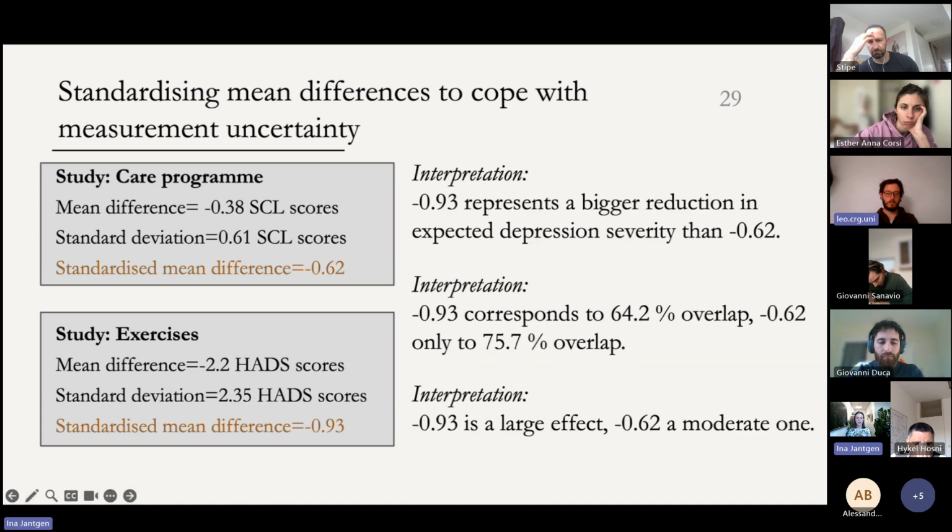Okay, so these are just different ways of interpreting standardized mean differences as expressing something about how effective tested treatments are, despite facing measurement uncertainty. Now, of course, we should ask, are these good interpretations? Are they consistent with uncertainty about measurement, which is perhaps best? And there's a lot to be said about all of that, but for today, I want to bracket all these questions and just take the common practice at face value. And that means that if we are facing measurement uncertainty, we report standardized mean differences.